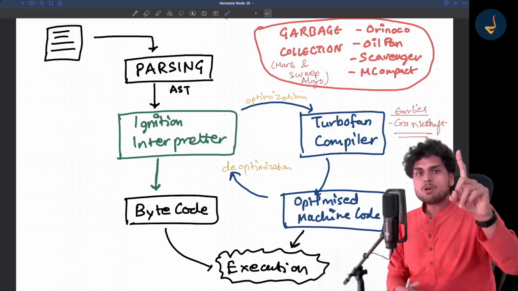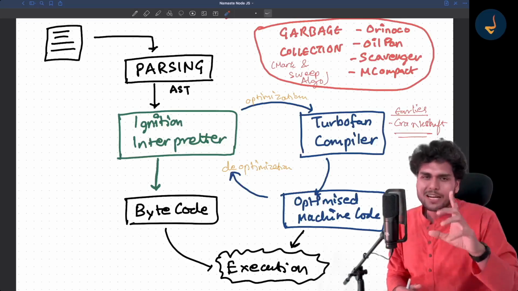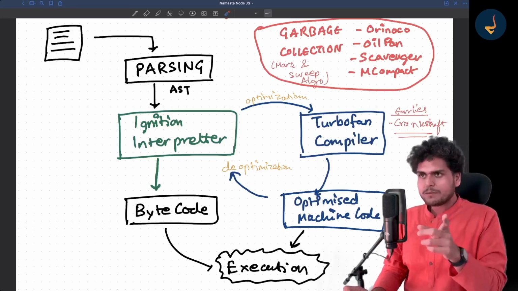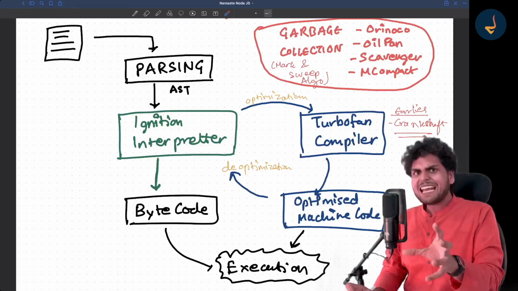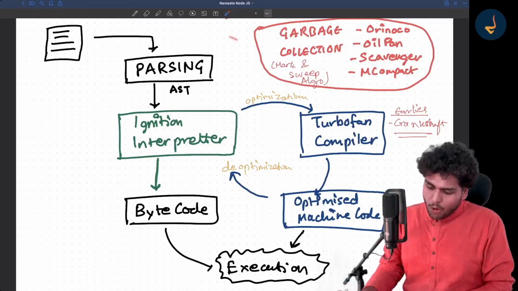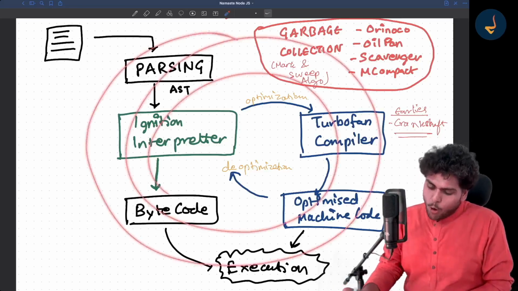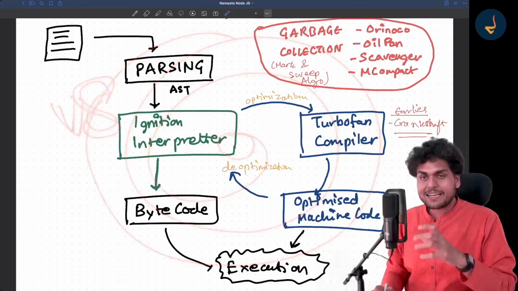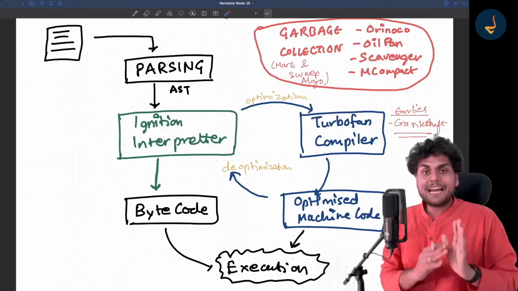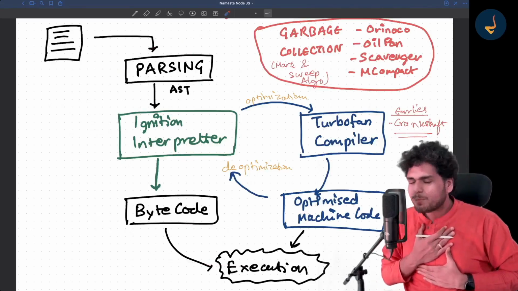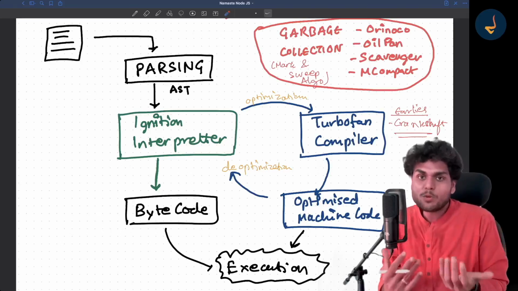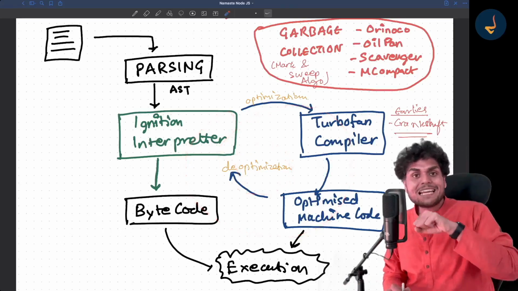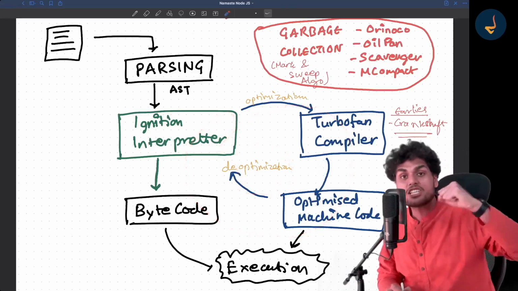Okay, let me tell you one more thing before I show you the code and everything. Whatever I taught you in this video is all V8 architecture and the V8 engine only. And my dear friends, I have personally only read about the V8 engine, but these things happen very differently in other JS engines.